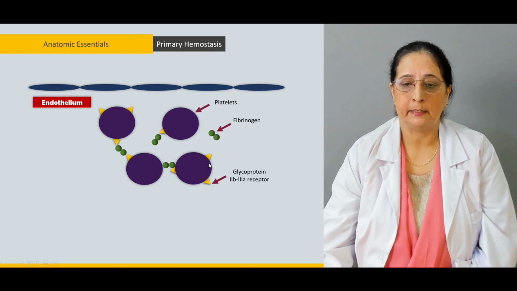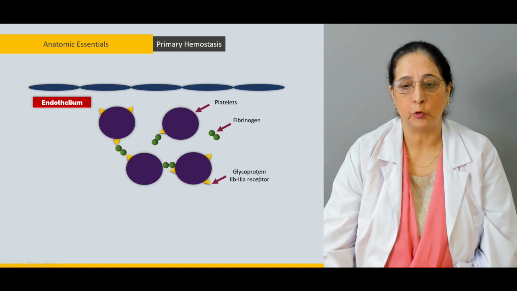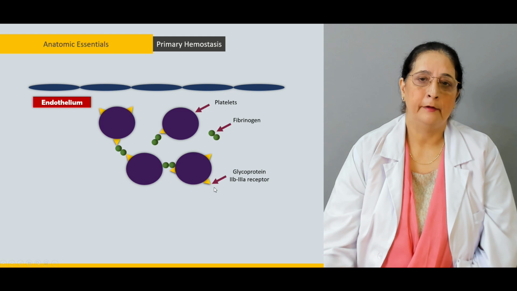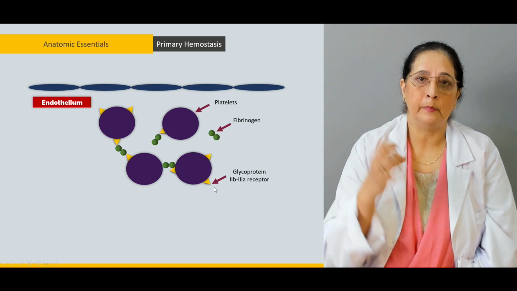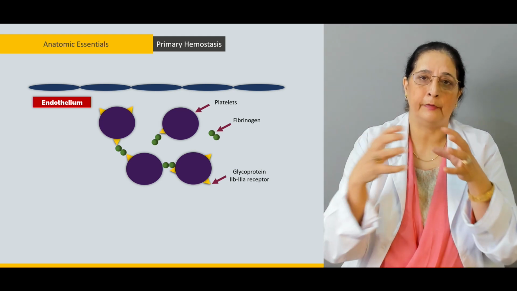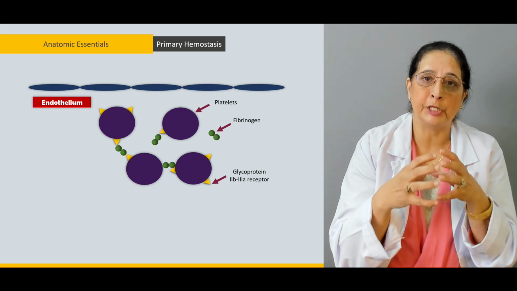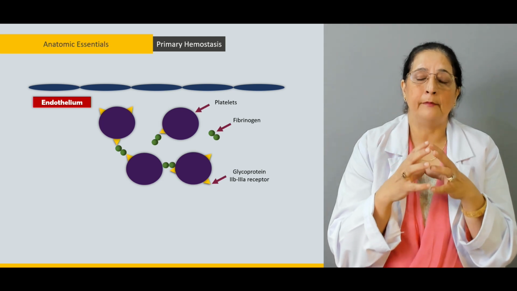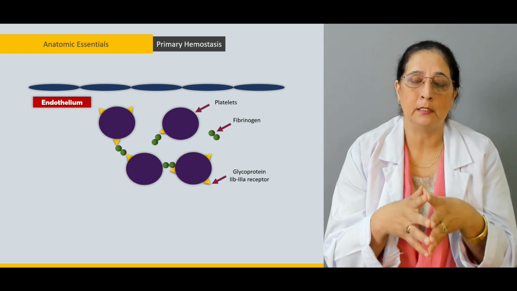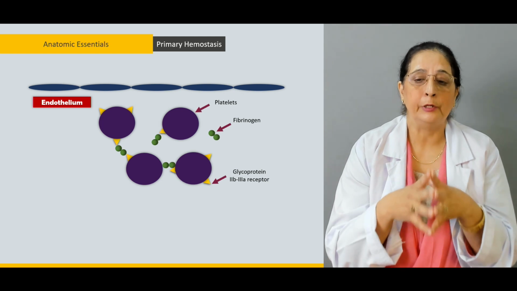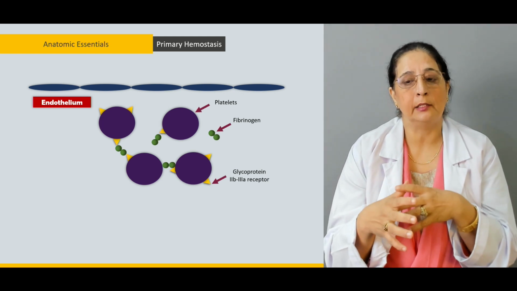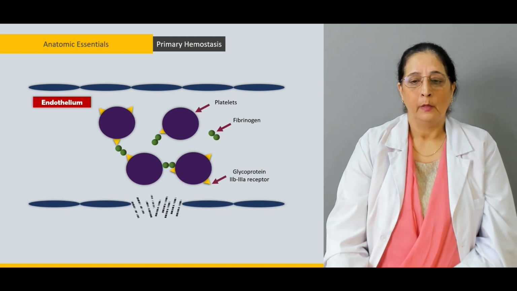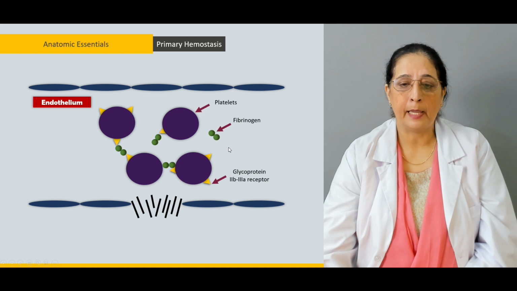On the platelets, we have the glycoprotein 2B and 3A receptor. Receptors are responsible for different substances attaching to them and performing the function. So platelets have receptors on the surface known as glycoprotein 2B and 3A receptor, and then we have these fibrinogens